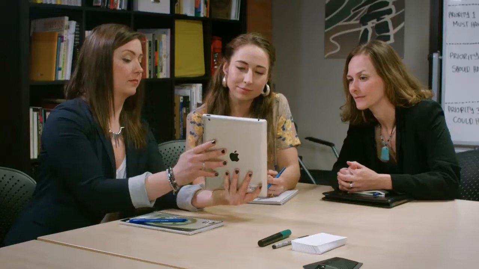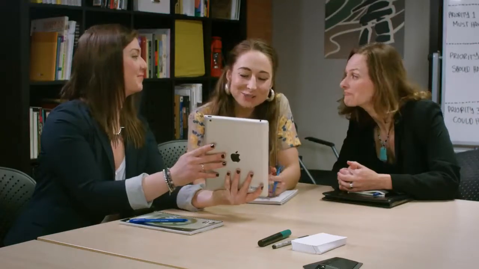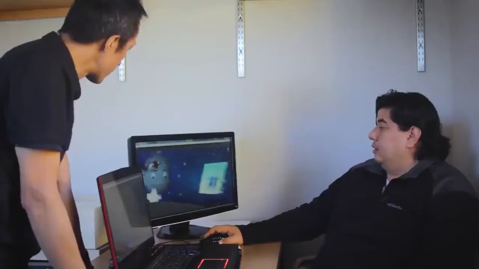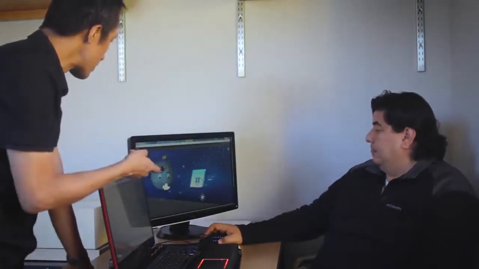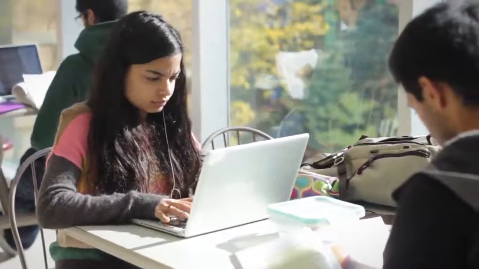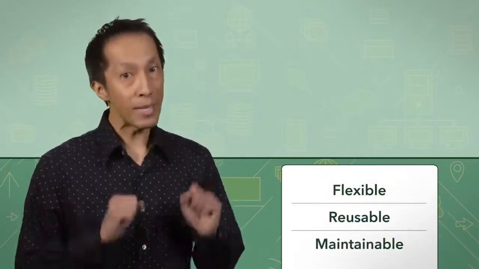Good design isn't just about code. It's about being able to express ideas for your software with other developers, other teams, and your clients. Having a well-thought design makes your software easier to implement, reduces the need for major changes later in the project, and saves you from headaches down the line. Whether you're a new developer looking to expand your knowledge or an experienced industry veteran, knowledge of software design and architecture will help your software become flexible, reusable, and maintainable.